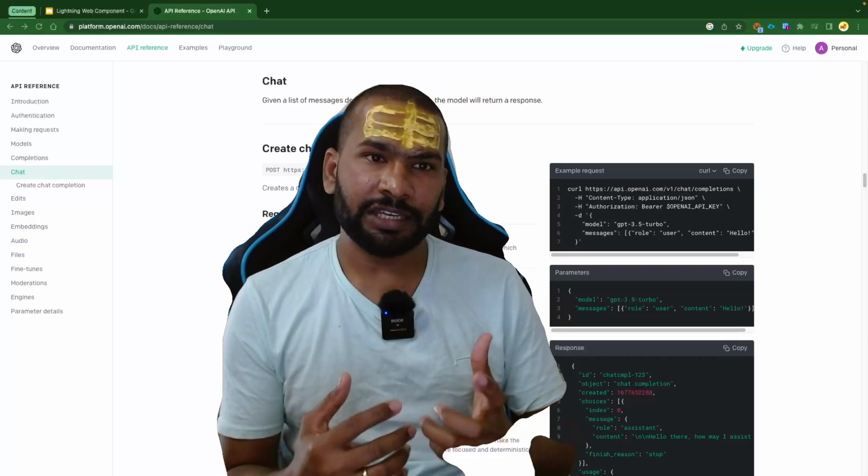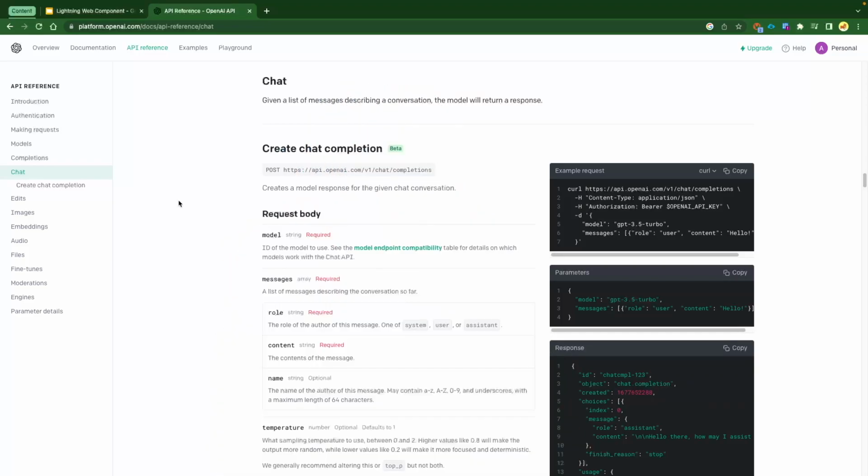So now let's quickly get started with ChatGPT. To get started with ChatGPT, we need an account on platform.openai.com. If you already have a ChatGPT account, it would be easy for all of us to log in to the OpenAI platform and then get the API key, because if we really want to integrate ChatGPT, we really need the API key. So this is the URL, basically